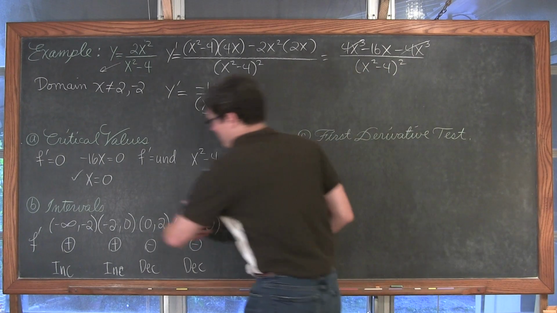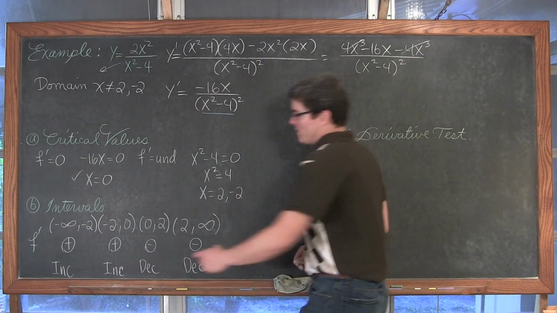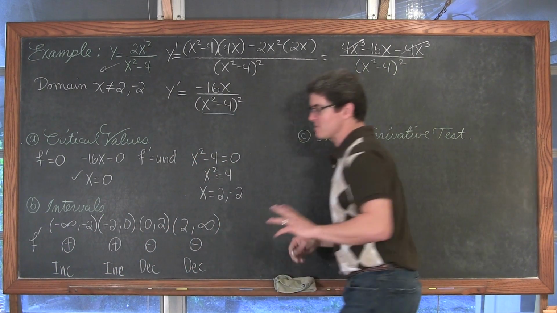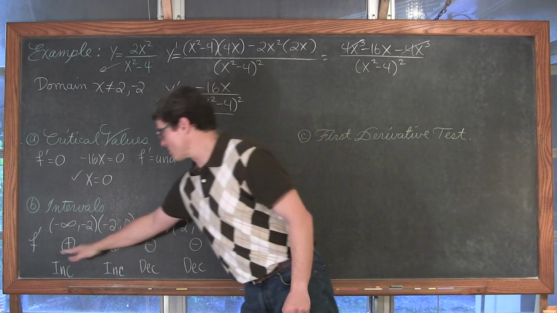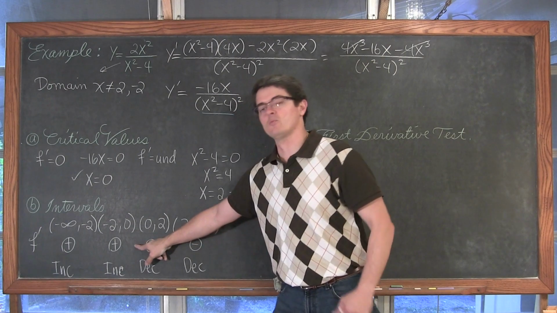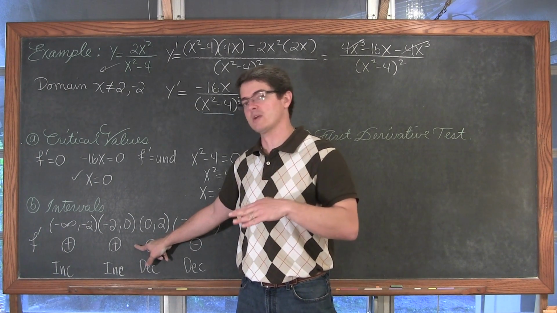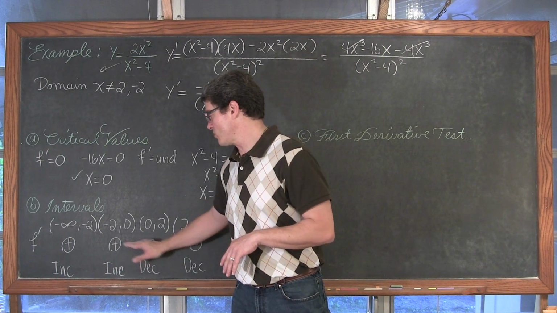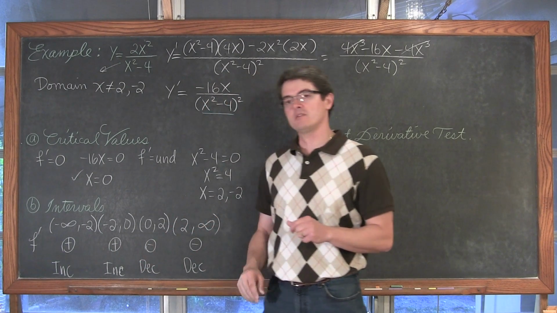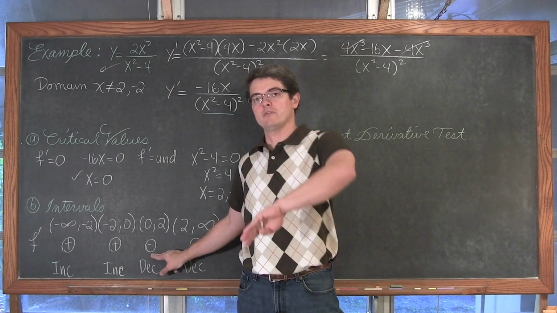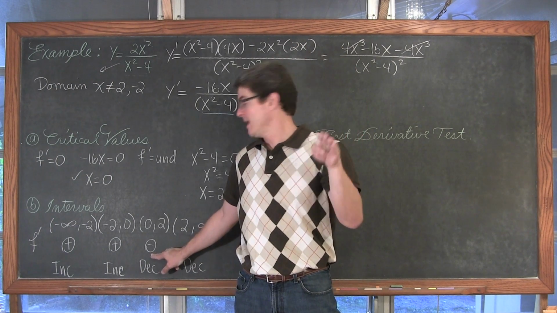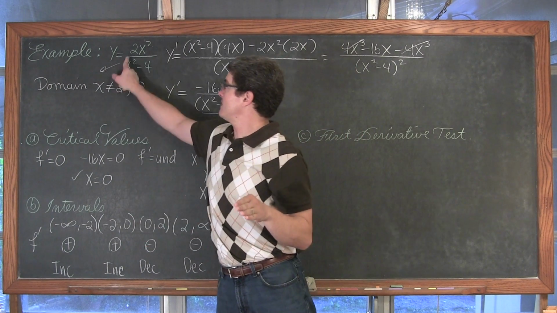So again, we have three critical values, but the first derivative shows that the function is increasing almost everywhere. There's only one place where the function actually changes directions and creates what is going to be a relative maximum, because we're going from a positive first derivative to a negative first derivative, where it's going to stop rising and start to fall. And the function is defined at the x value of 0.